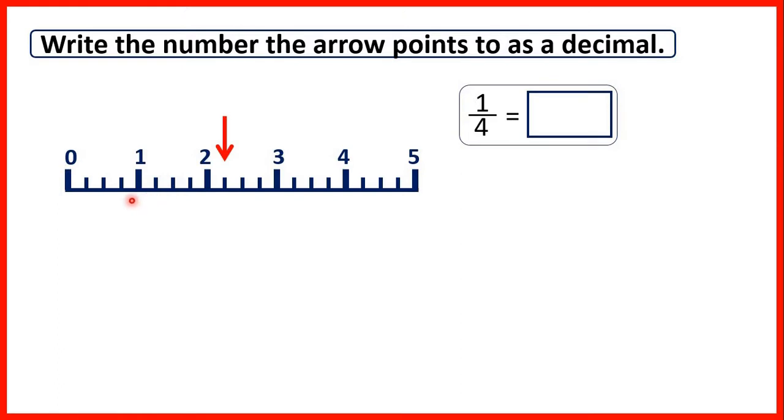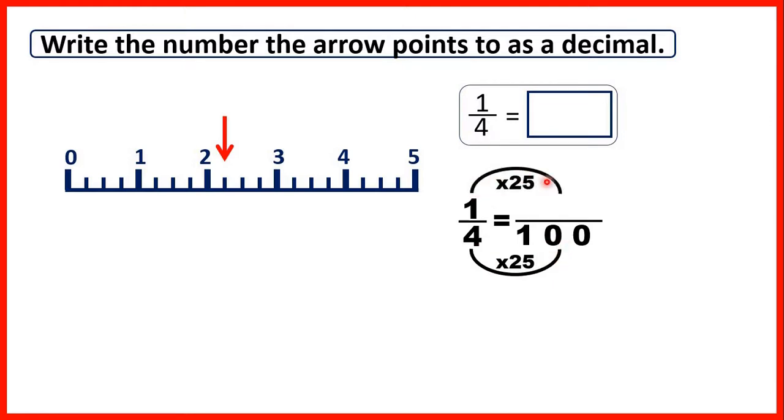Now this number line is slightly different. This time we have 1, 2, 3, 4 lines to get from 0 to 1, so each of these little lines must represent 1/4. Now we can write 1/4 as a decimal by changing it to hundredths. 4 times 25 is 100, and 1 times 25 is 25. So, because we know that 1/4 is 25 hundredths, we know that as a decimal that's 0.25,